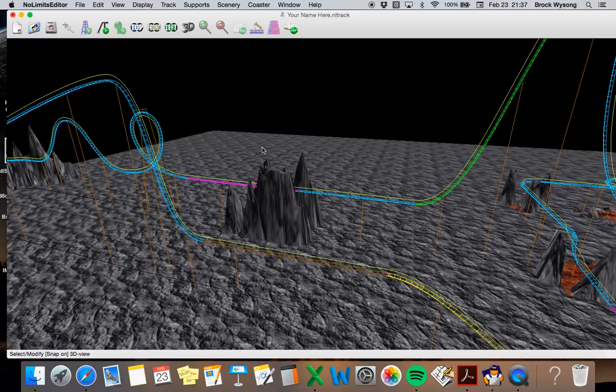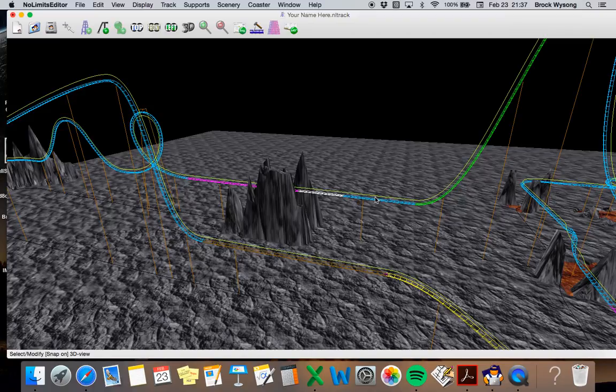Now, one other thing that I can do is if I click here on this other option, that will break up. So maybe I want to take something and convert it, or maybe I want this one piece of track to become two separate pieces of track. If I click this button, what it will do is break that segment. It's now into two, like,